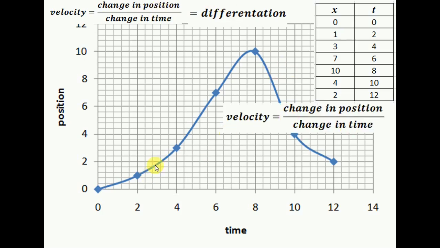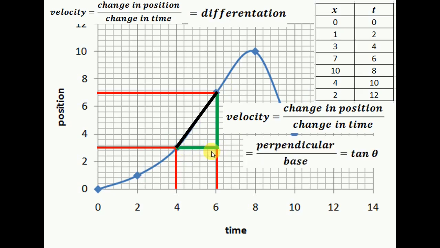Now let's find the velocity from this graph. Velocity is change in position by change in time. Let's consider the time from 4 seconds to 6 seconds, and the respective position will be from 3 to 7. So this is change in time and this is change in position. If you see here, from here to here is change in time, and from here to here is change in position. Now if I make this a triangle, then this is the perpendicular, this is the base, and this is the hypotenuse. Suppose the angle is theta. So change in position will be this, that is the perpendicular, and change in time will be this.